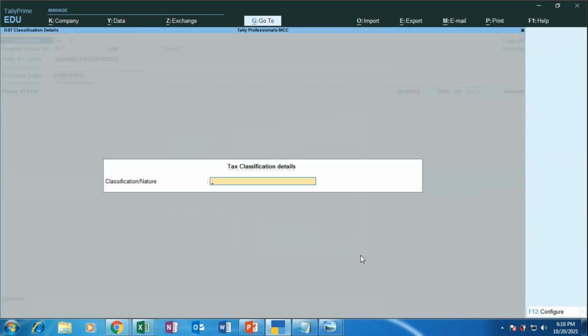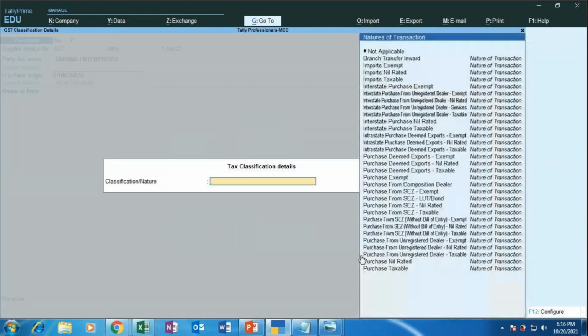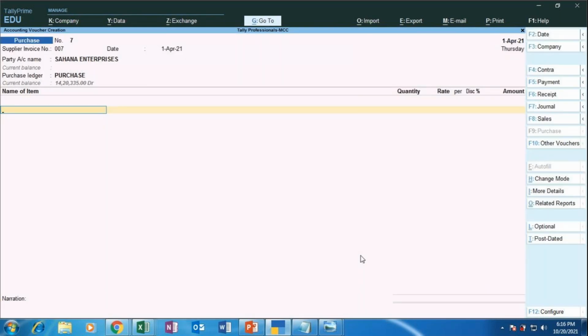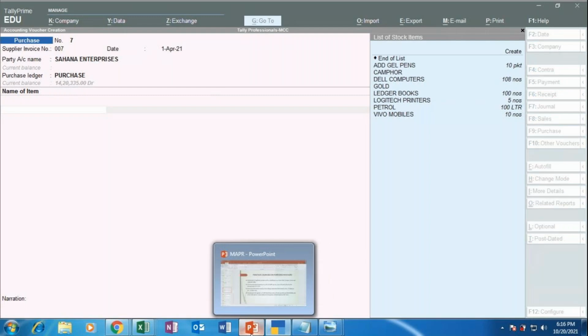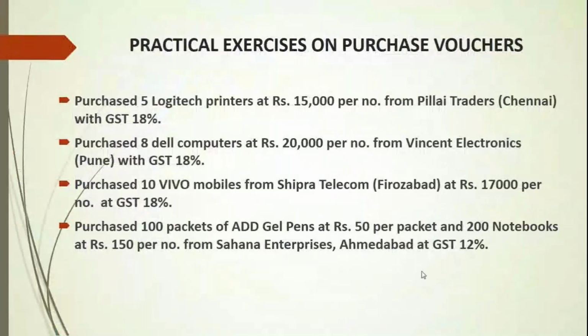Purchase, and here again what you have to give is interstate purchase taxable. Now here space bar. Now what has been purchased from Sahana Enterprises, if we go back and check, that is